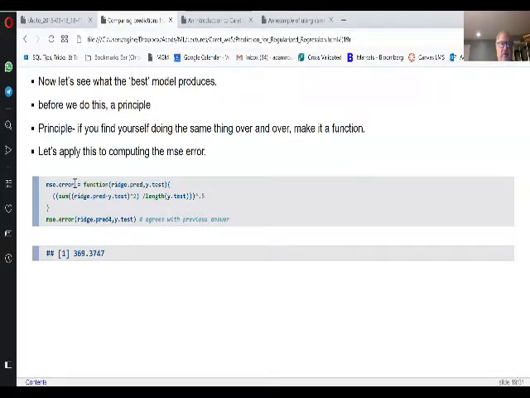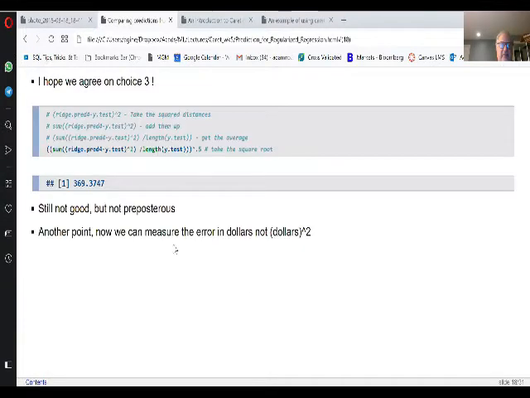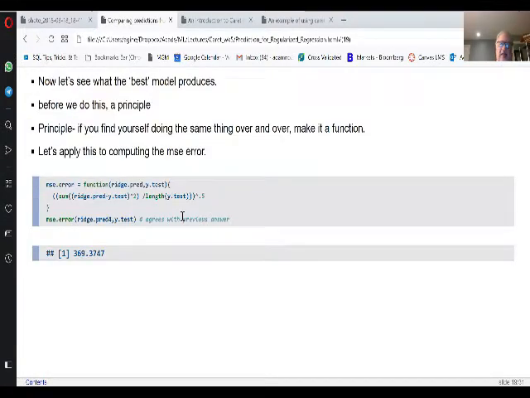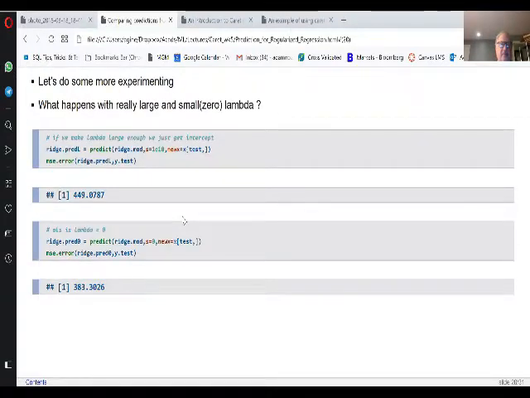So I'm going to just create a function, MSE error, and I'm just calling the variables what we had, because it doesn't matter. And I've just put it in a function, and now when I run it, instead of having to write out that formula, all I'm going to have to do is put in the 2 values I want, and it'll come out. And we see that if I do run this MSE error for this, I do get what I want, which is the same value as that. So I did cut and paste it in there, right? And now I just have to use this function MSE error. Okay, so